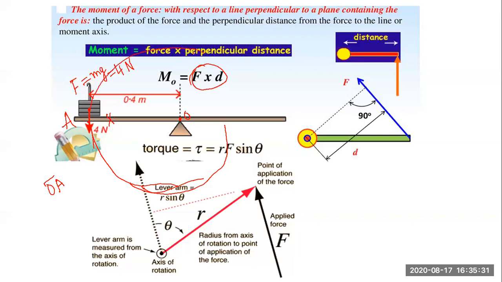So, what is the effect? The effect is a turning or rotation. That's why the moment of a force is the effect of a force, and the effect is nothing but the turning moment, a tendency of turning produced by the application of the force about that fixed point or the fixed axis. Here O is the fixed point and this dotted line is the fixed line of reference or the axis.